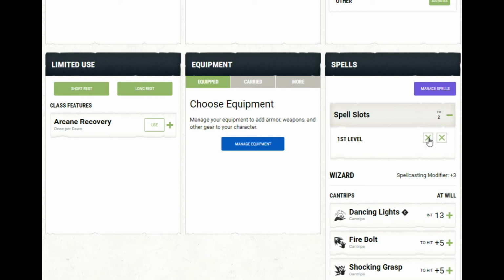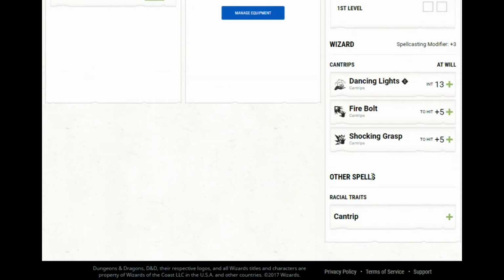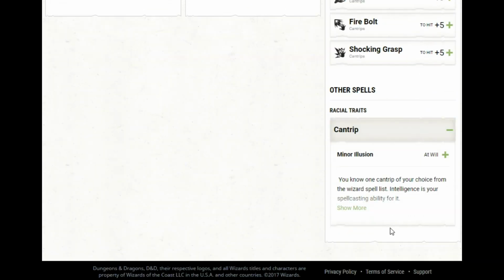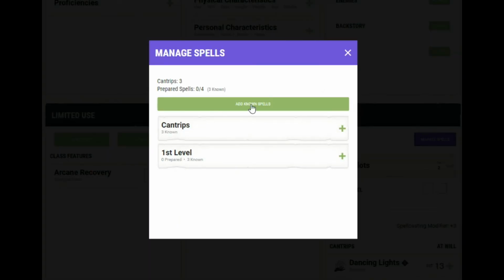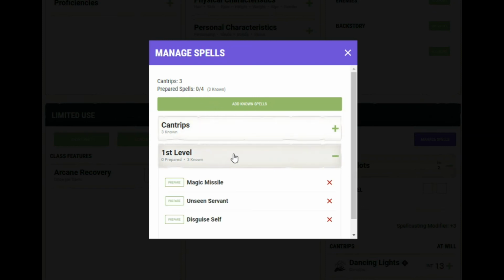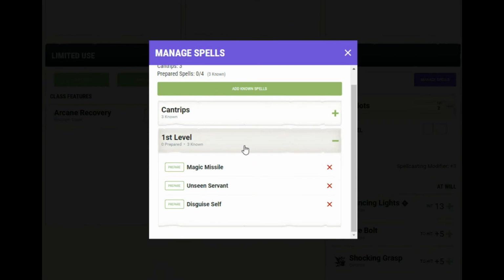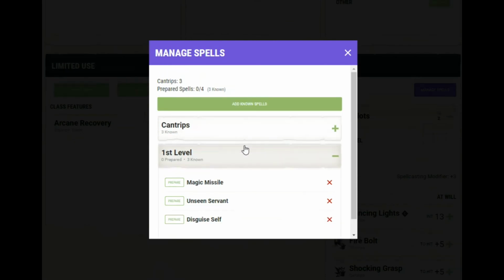So I've got 2 first level spell slots. How do I know what I know? And I got Minor Illusion as a racial thing. So I can have 4 prepared spells. I didn't like that. I mean, how do I know what I know? I'd have to go back to the rules to determine how many spells I would begin knowing, but I'll prepare